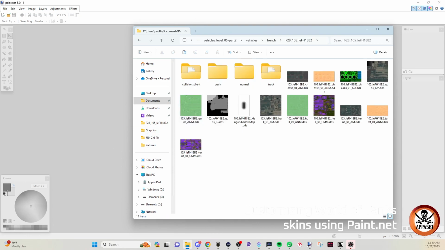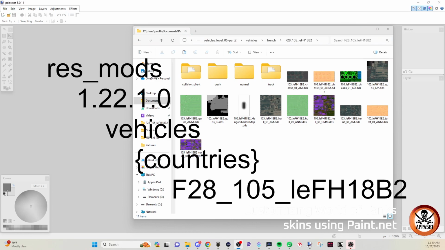Just to reiterate that, we're going to have the vehicles, the countries, and the tank. The reason it's important is when we go to save these files and then transfer them over to the game, they're going into the ResMods directory under the